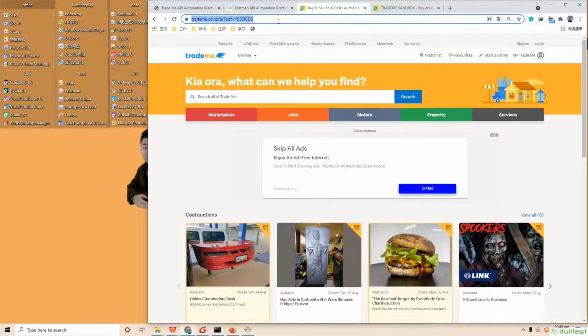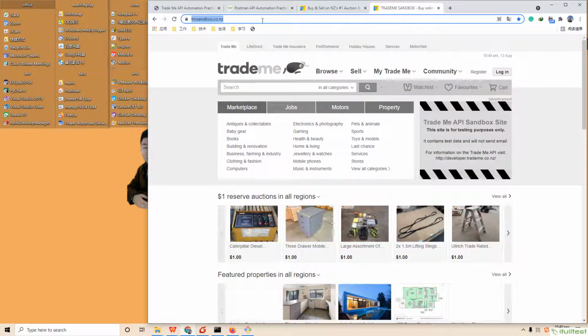TreatMe is New Zealand's largest online auction and classifieds website, and the TreatMe Sandbox environment is a completely independent copy of the TreatMe website, API, and database. It makes sense since we are not learning a tool, but using a comprehensive automation testing solution to face the real business. When you meet any problems or think of any suggestions in reproducing the practice, you are very welcome to leave a message for discussion.